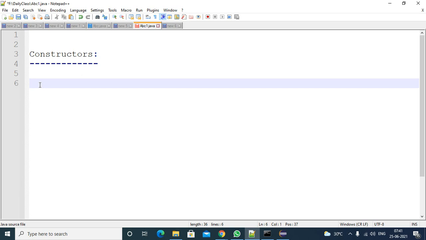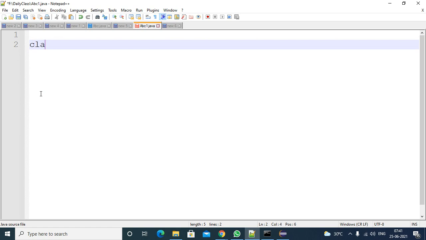You are not supposed to write void also. If you write void, the compiler will treat it as a method only. So how to write a constructor, we will see now.